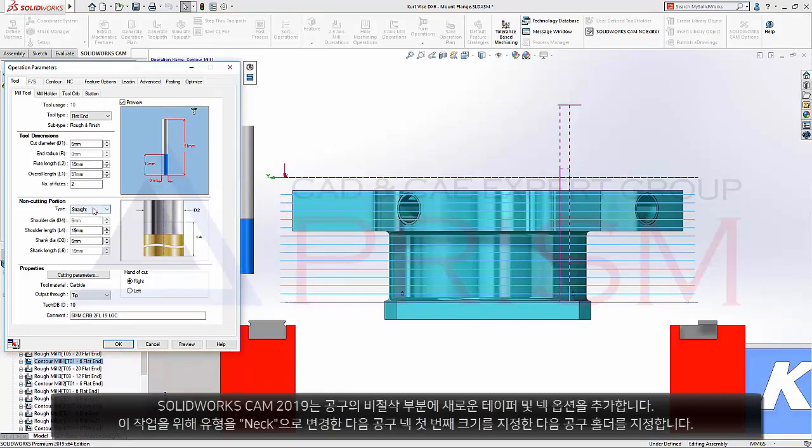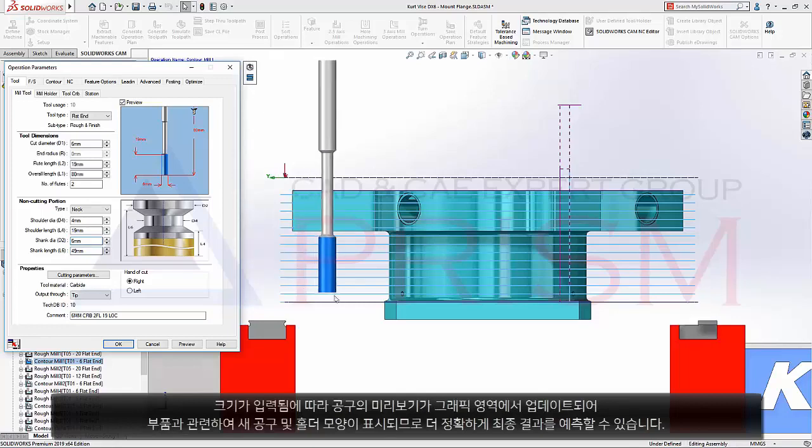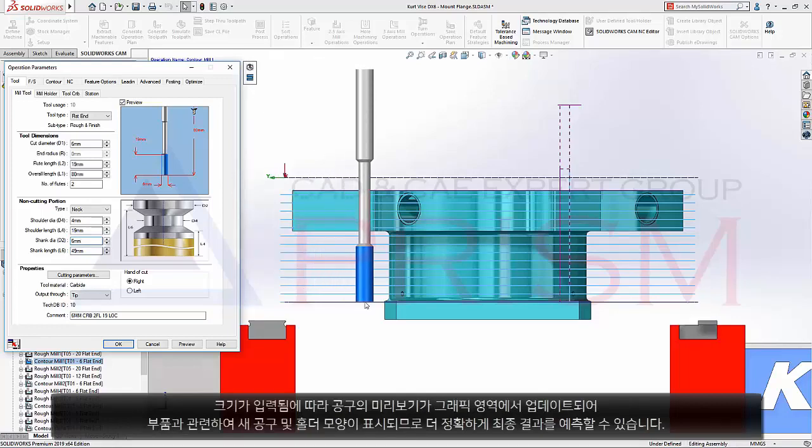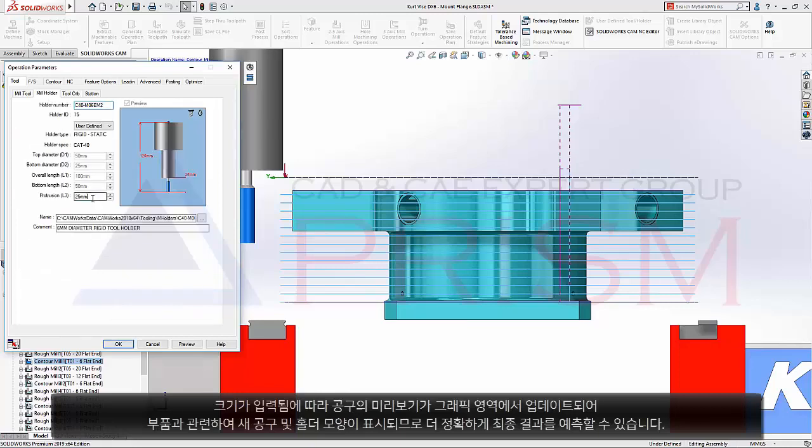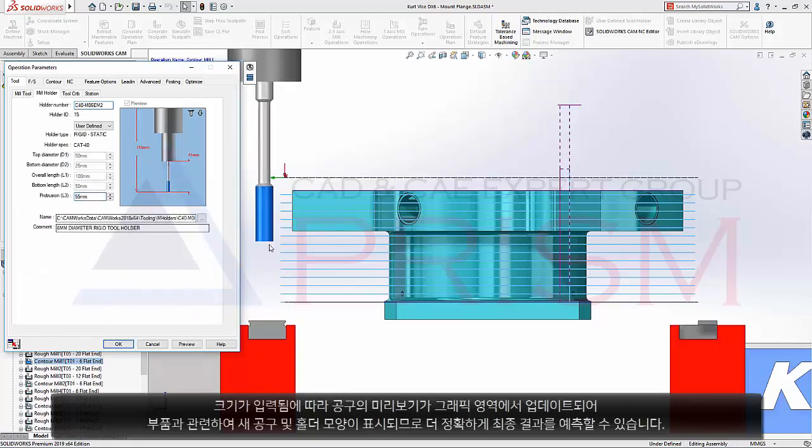finish. SOLIDWORKS CAM 2019 adds new taper and neck options for the non-cutting portion of the tool. For this operation, we'll change the type to neck and then specify the size of first the tool neck, followed by the tool holder. As sizes are inputted, the preview of the tool updates in the graphics area, showing the new tool and holder shape in relation to the part, so you can now predict the final result with even